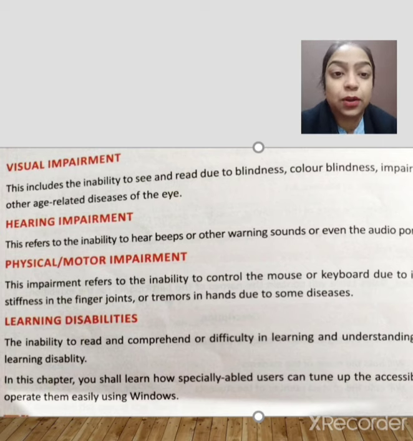Here we are going to discuss the people who are not able to do everything properly. Firstly we see what we mean by impairment, what we mean by accessibility, and how many types of impairment there are, and how you can open it in your mobile phone and in your computer.